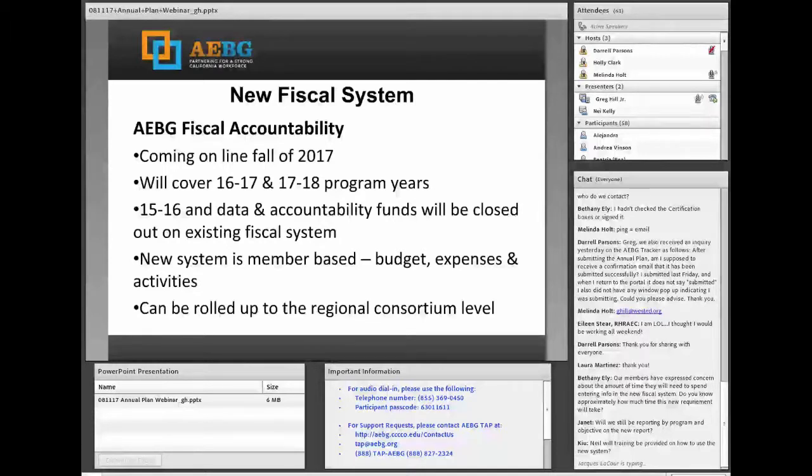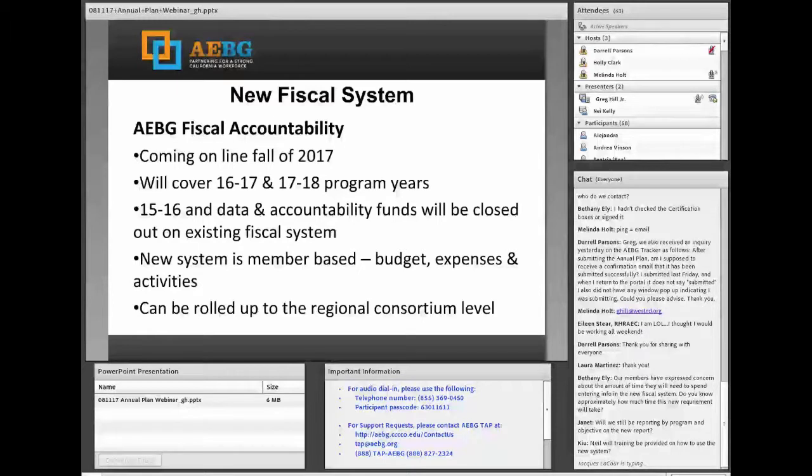So checking boxes, I don't see that as a big workload issue, and it's going to be standard: I'm doing instruction, I'm doing supportive services, we're buying equipment, those things, and there'll be a checkbox, not any narrative.